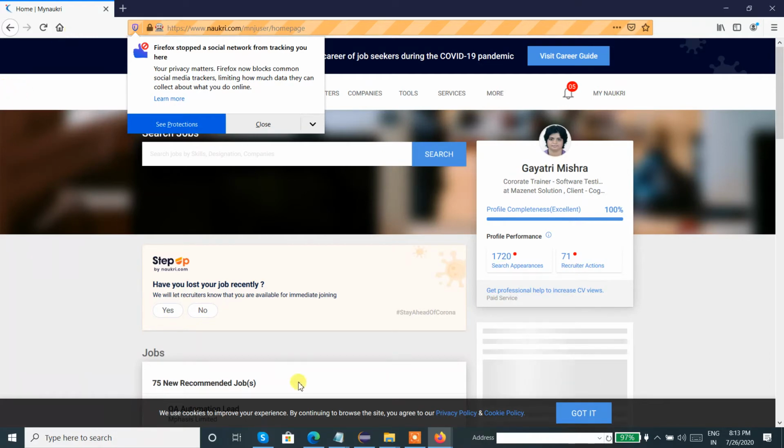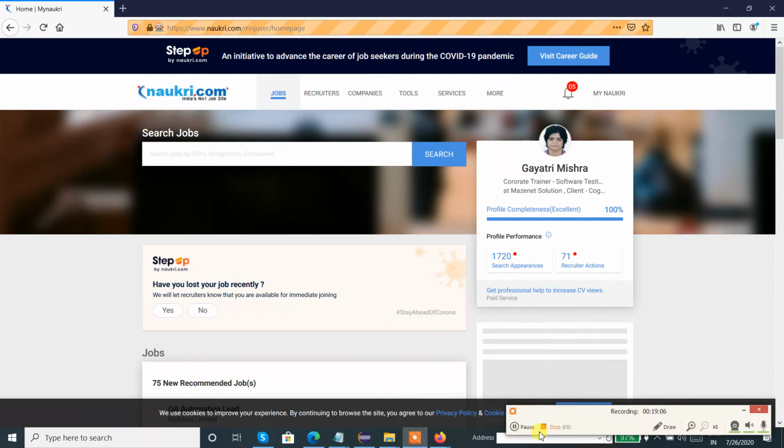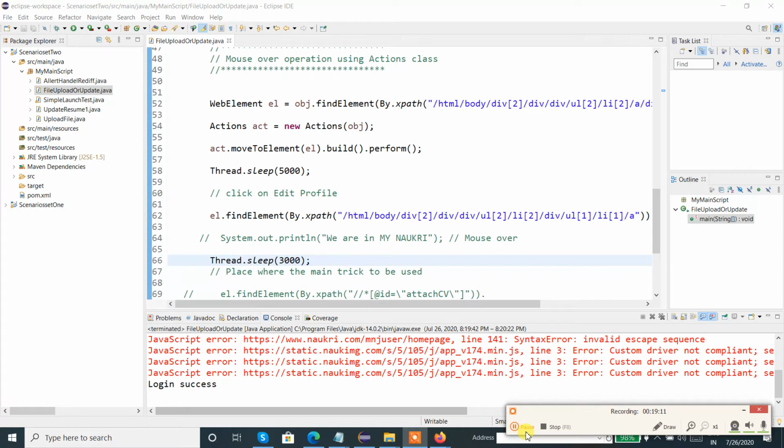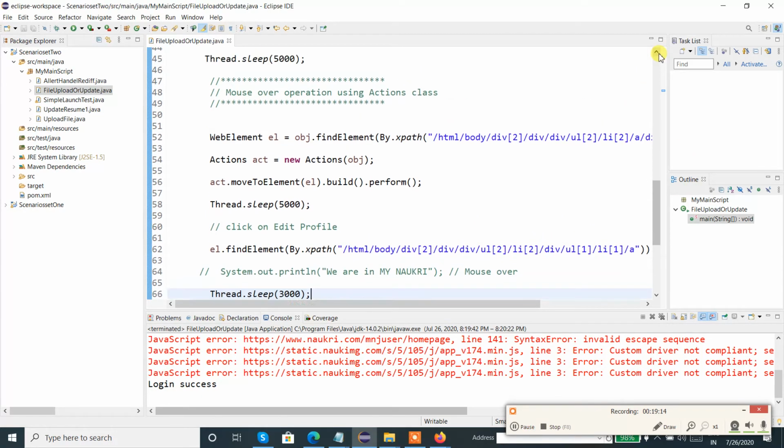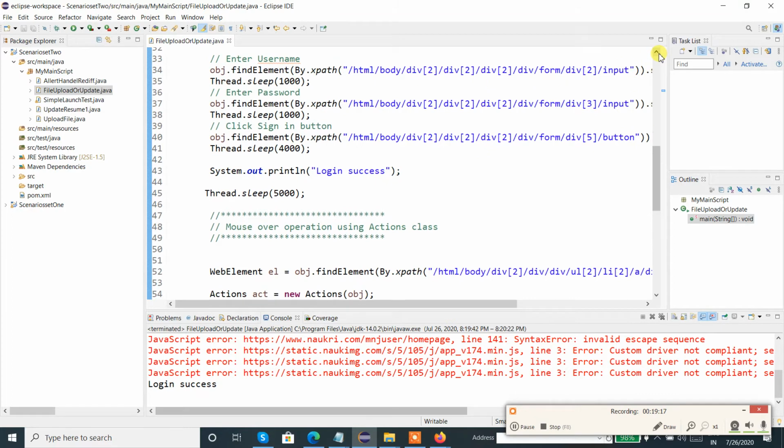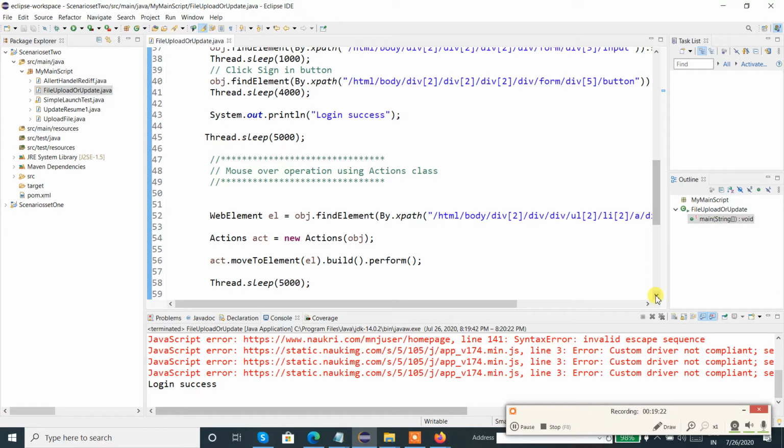Fine, so let me check for 2 minutes what the problem is. Yes, I'm back. We could not identify the edit profile that time, right? So we tried to click on edit profile, and we didn't identify it, with some error, because the Thread.sleep statement was missing. The entire process was expecting to wait for some time to identify the edit profile link. The waiting time was not there, because we had never provided the Thread.sleep. So we fixed the problem.